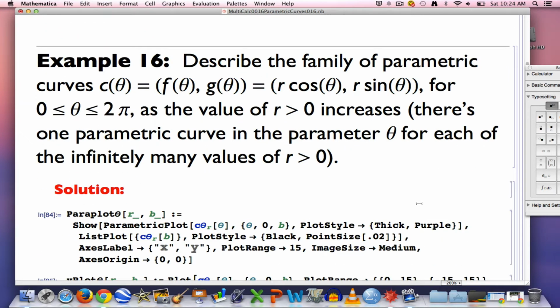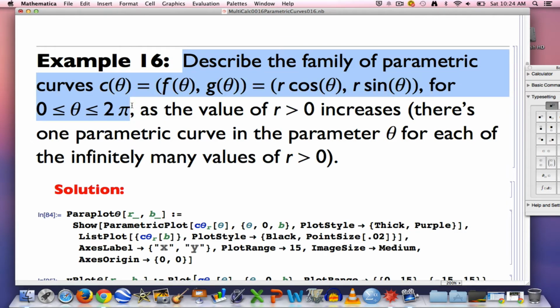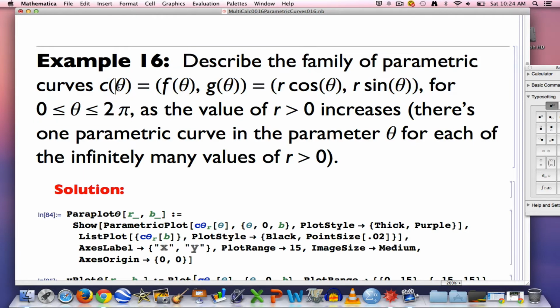Alright, so look at this example. It says, describe the family of parametric curves given by this function here. Theta is the parameter here. To this point, we've typically used t as the parameter because t represented time. Theta is suggestive of an angle, and in fact, this is an angle here. And this is suggestive of polar coordinates if you've used polar coordinates before. Theta is the parameter for this system of parametric equations, but different values of r will generate different